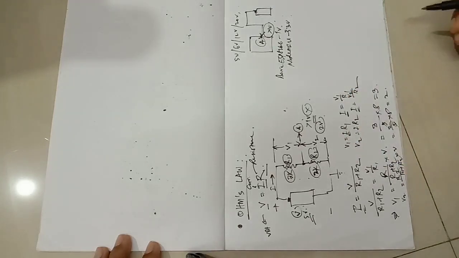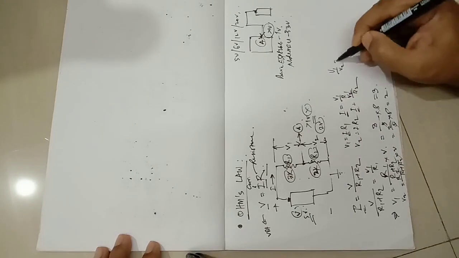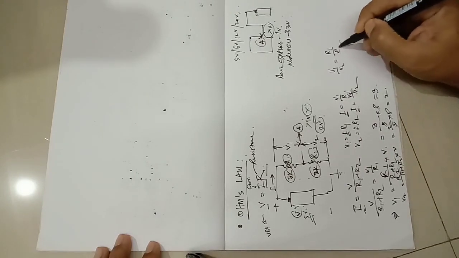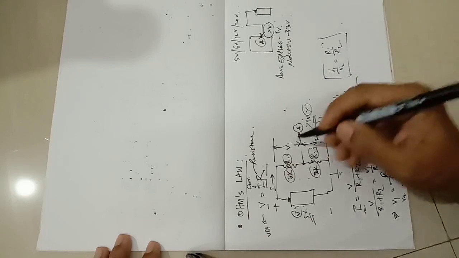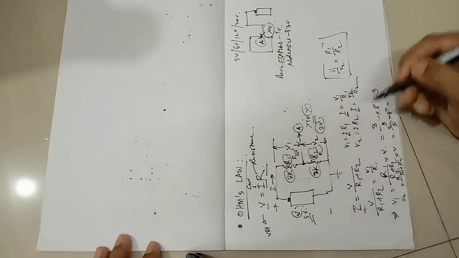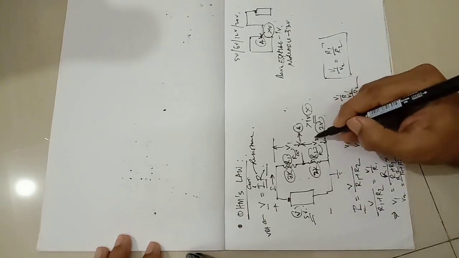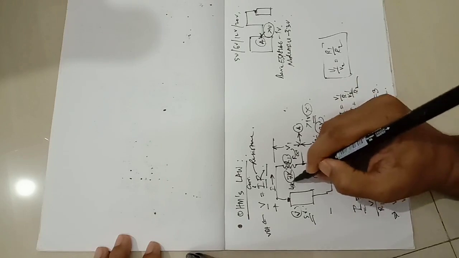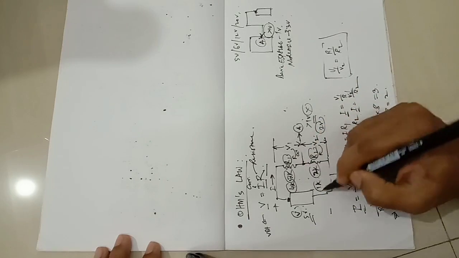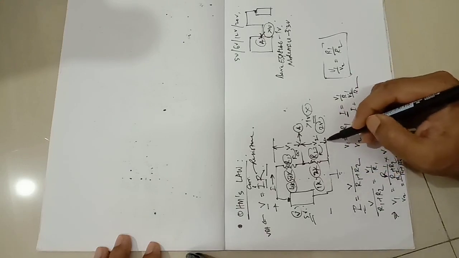The very easy thing is V1 by V2 is practically equal to R1 by R2. We just need to keep that in mind. So the volt drop here is proportional to this resistance. If I want only 1 volt in here, what I need to do is put a 4k resistor here and a 1k resistor here. So 4 volt will drop here and we get only 1 volt across this.